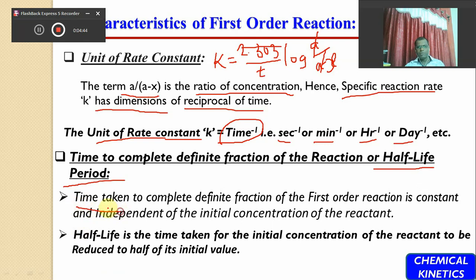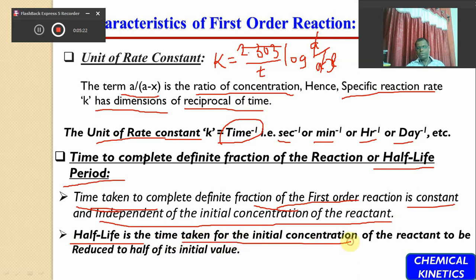So the time taken to complete a definite fraction of the first order reaction is always a constant, and this time required for the completion of a definite fraction of the first order reaction is independent of the initial concentration of the reactant. It does not depend upon the concentration of reactant, remember. And the half-life period of the first order reaction is the time